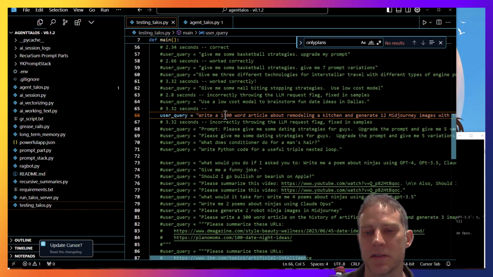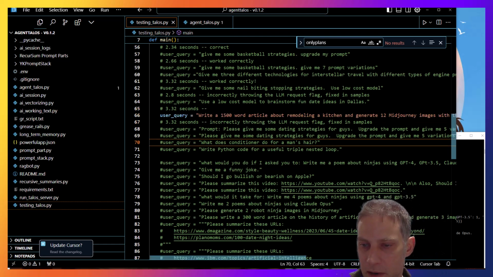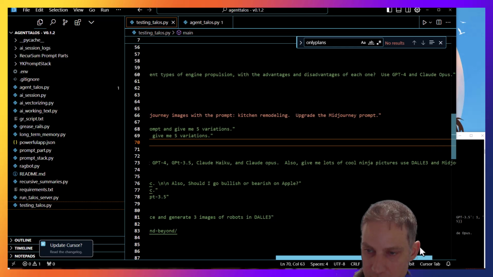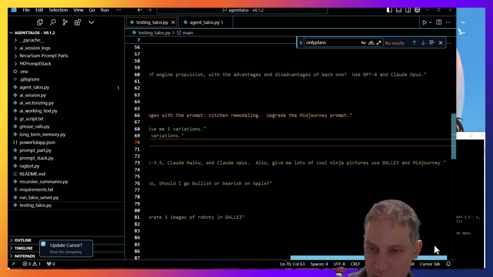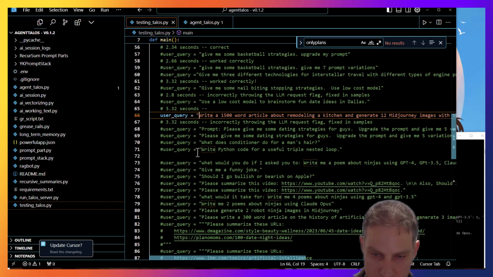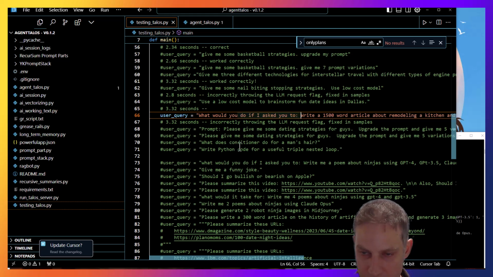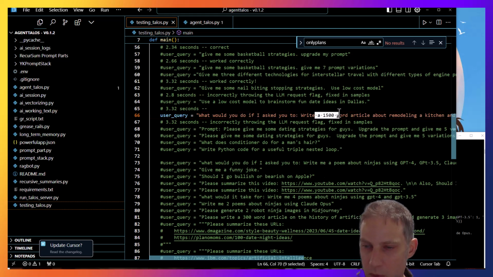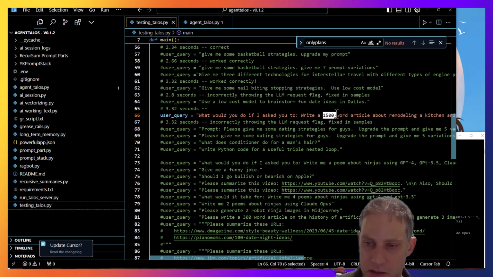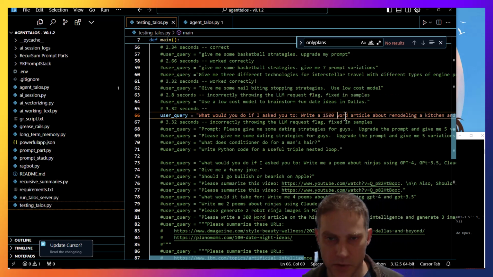Here's maybe a practical example. Write a 1,500-word article about remodeling a kitchen and generate 12 Midjourney images with the prompt kitchen remodeling. Upgrade the Midjourney prompt. We had some upgrading. So the way our article writing agent and code worked, it could actually write an article of this length, very close to it. So there was some more kind of stuff we did in there